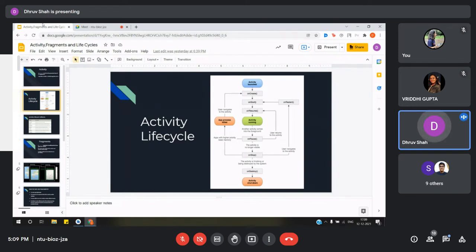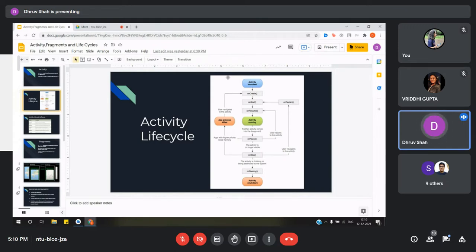The life cycle of an activity is the stages that an activity goes through during its execution. In this diagram, we can see that as soon as the activity is launched, first the onCreate method is called. In this onCreate method, you define all the functions and variables that you need to be executed as soon as the activity is launched. You perform some crucial operations in this onCreate method, for example, you set the layout that you would be corresponding with a particular activity.